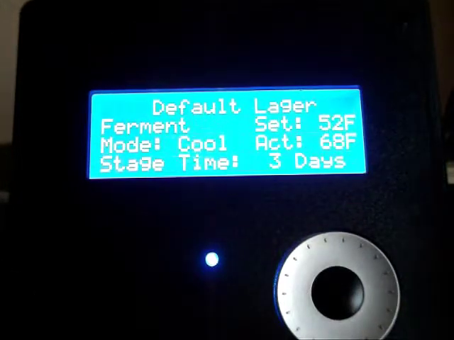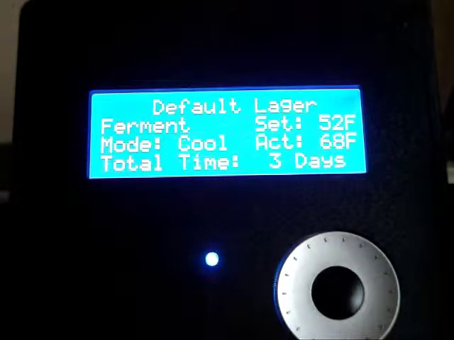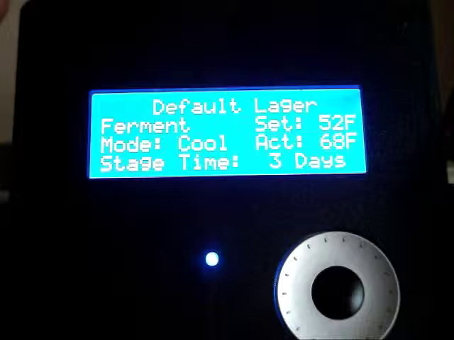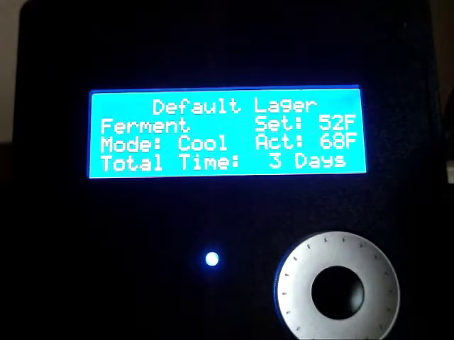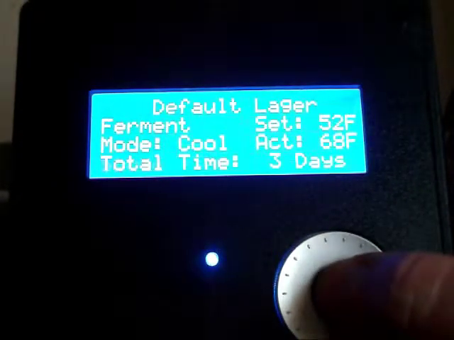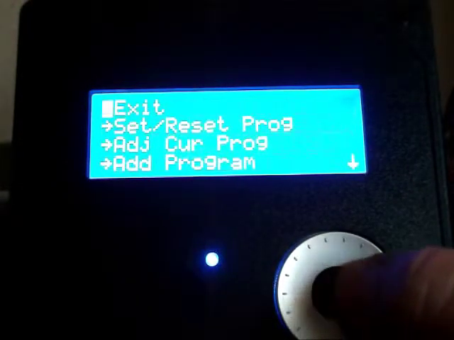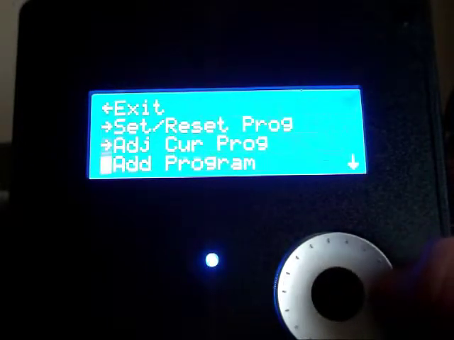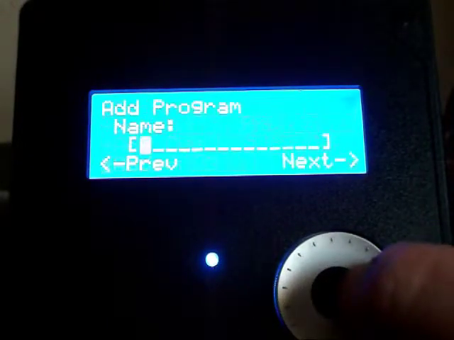Hey guys, I want to give you a quick overview on the programs that the Fermostat has and how to add one, remove one, and also maneuver around within a certain program. So first off, I'll go into the menu, holding the menu button down, scroll down to Add Program, and it